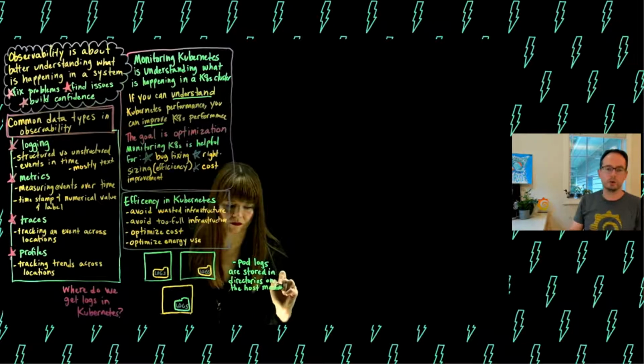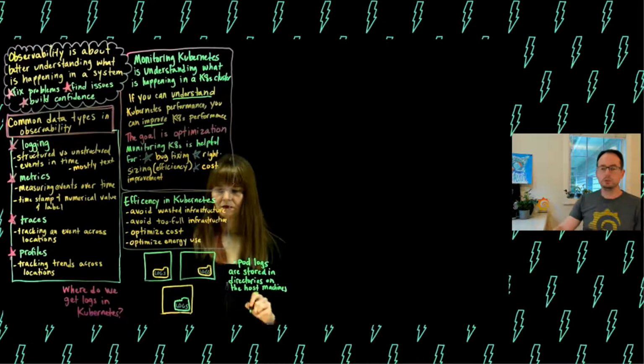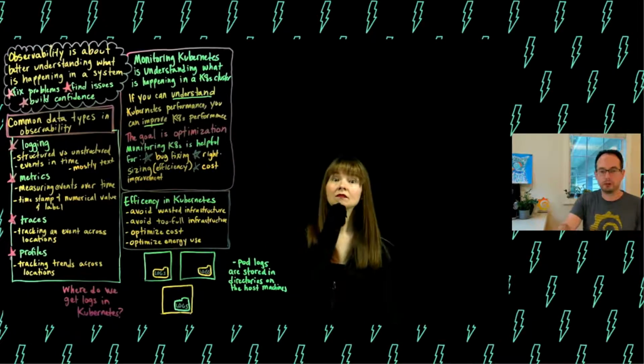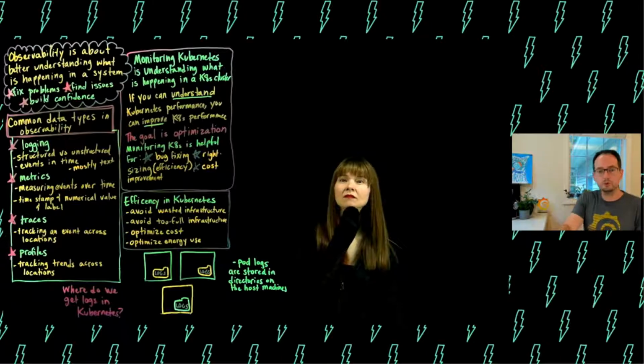It's not necessarily important where it's writing, but the kubelet will have its own logs that will be separate from those pod logs. Those would be really helpful for us to look at later if there are any actual infrastructure issues with the cluster turning on pods or things like that. So those would be more logs that we would want to capture.